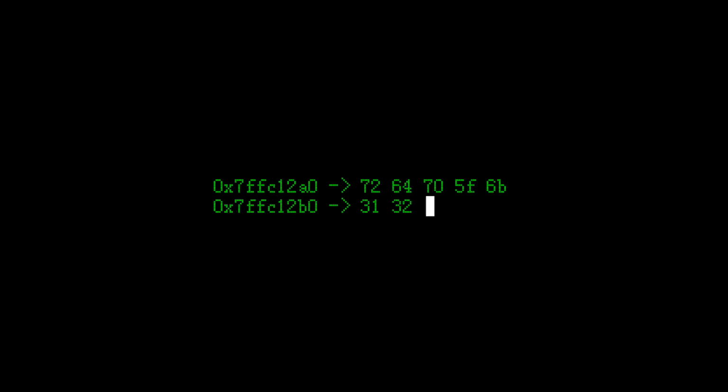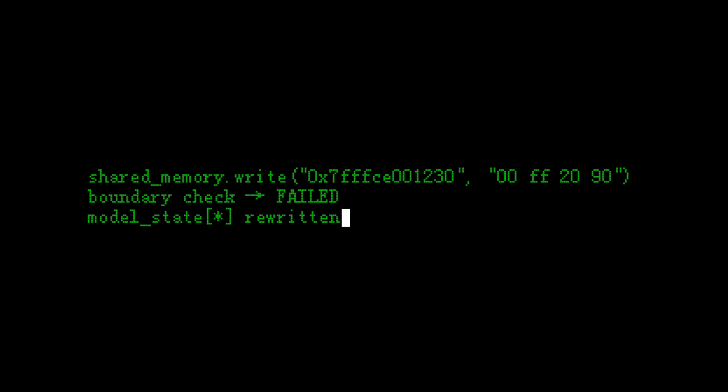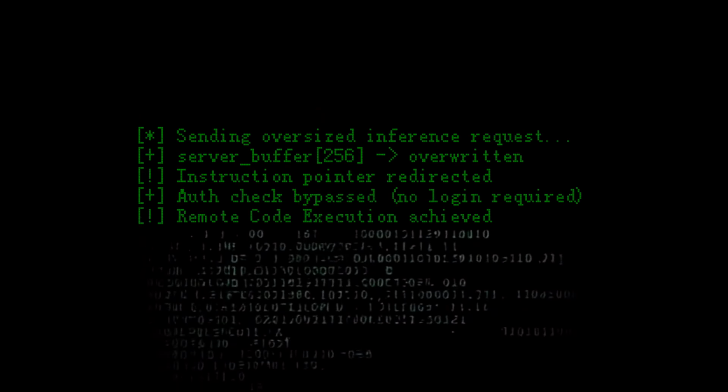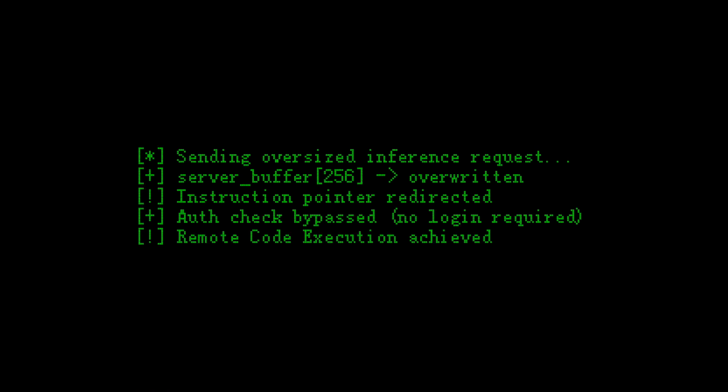This chain starts with CVE-2025-23334, where an attacker leaks tiny fragments of memory. With that information, they move to CVE-2025-23320, pushing past shared memory limits to tamper with the model's state. And finally, CVE-2025-23319, a critical write that can overwrite memory and let an attacker execute code on the server, remotely and without